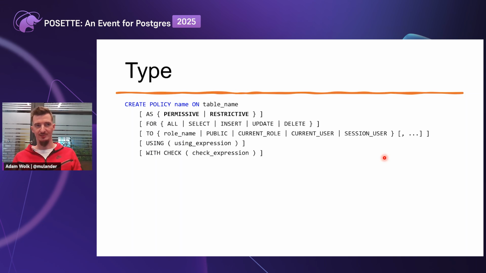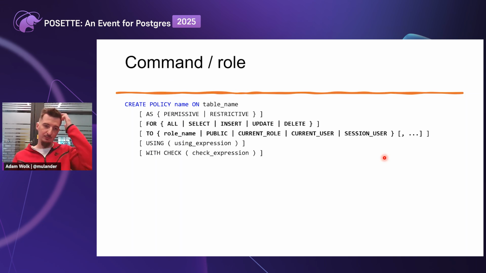There's no point in having just restrictive policies, so you always need at least one permissive. Now, policies can be defined for all commands or a subset of them. Like you can decide, well, I want a policy for a select and a delete, but I don't care about insert and update. Or you can define them for a single one of them, however you want. Policies can also be defined for everybody in the database, so for the public role, which is the default, or for a specific role or user, whatever you define.